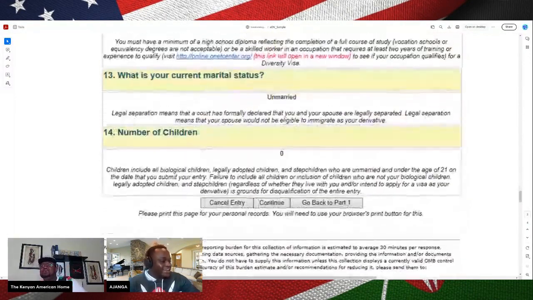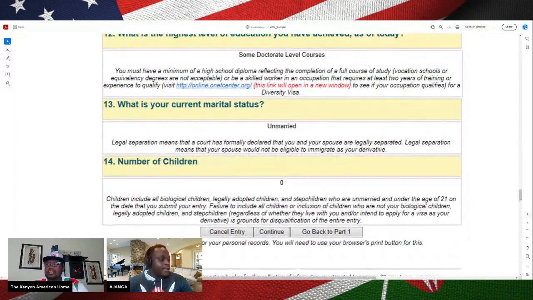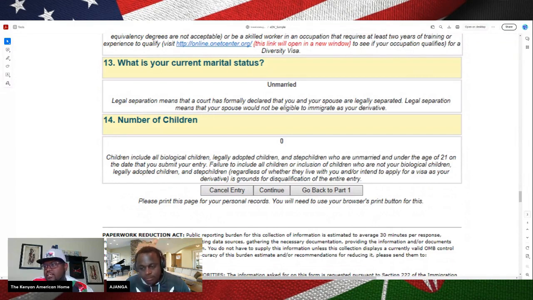All right. So we were talking about the current marital status on the application. And the last section was the number of children. Here's where you include all your children. It says include all your children, whether married or not. So include your biological children, legally adopted children, and stepchildren who are under the age of 21. If you have a child, even if it's a stepchild,